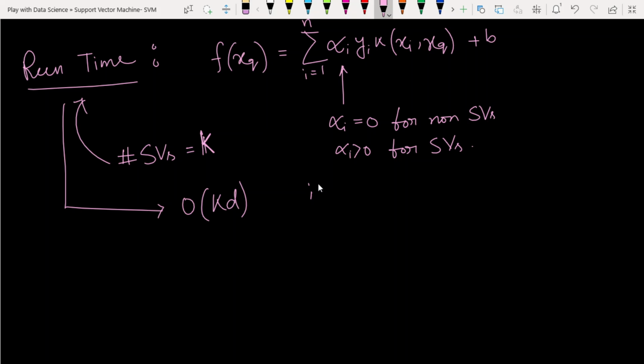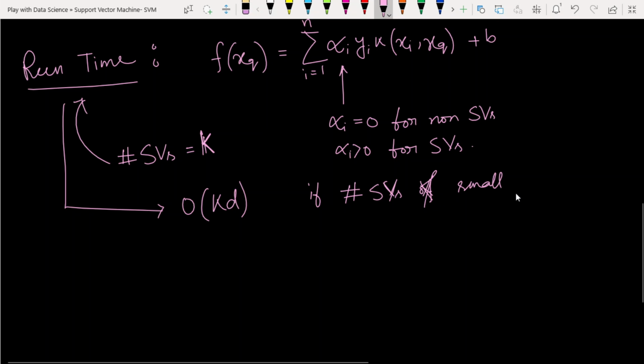In general, the number of support vectors is typically less than the number of non-support vectors. So if the number of support vectors is small,